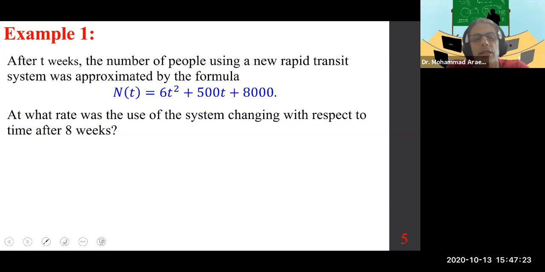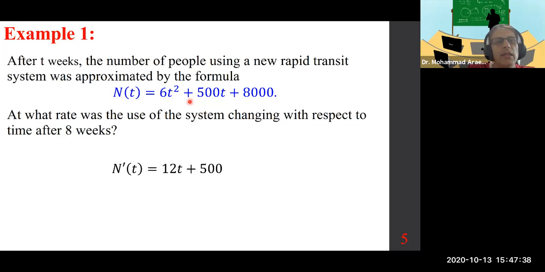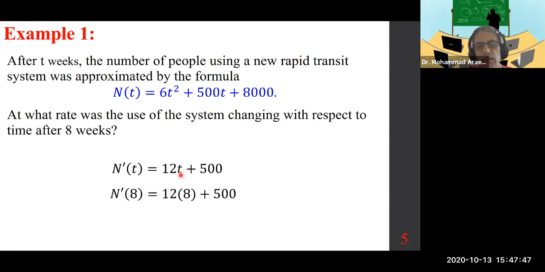So basically, you have one point in time which represents instantaneous. Okay, so number one, you need n prime of t. That's a very simple process, which is 12t plus 500. And then after 8 weeks, you're going to plug in number 8. That's very simple algebra, and it gives us 596. It's important to understand, read the question and write the units, people